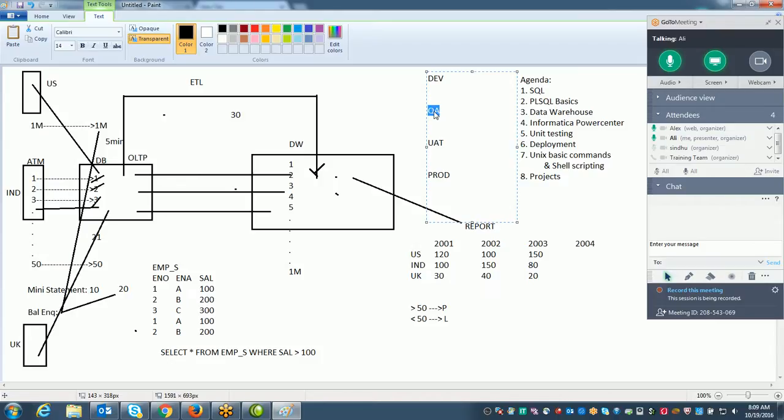QA means the testing team, quality analysis, so they are going to test our code. If it is working fine, then again we have to move it to UAT, user acceptance test. Here the client is going to validate whether it is returning the expected output or not. If the client also validates and says yes, it is working fine, then finally we have to move it to